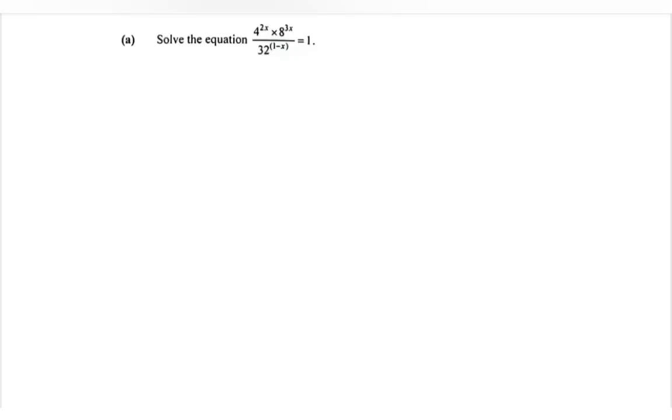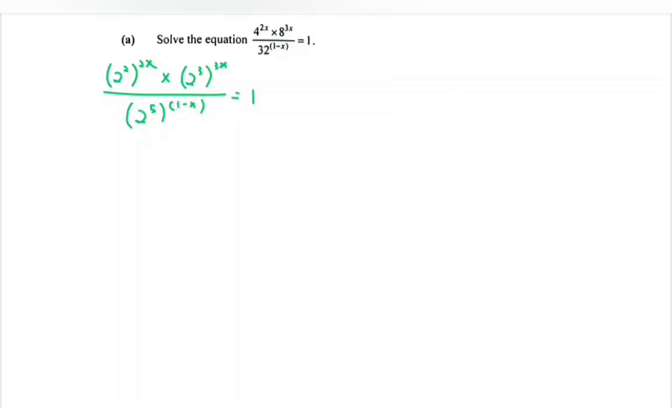Hello everyone, in this video I'm going to discuss an example for equation and also the absolute value inequalities. Kindly refer to question A, solve the equation given. My suggestion will be to simplify the situation in base 2. For the 4, we can simplify as 2 to the power of 2, bracket, then we have the 2x. Multiply, we have 2 to the power of 3, bracket, we have 3x. Over, for the 32, we have 2 to the power of 5, bracket, and then we have 1 minus x